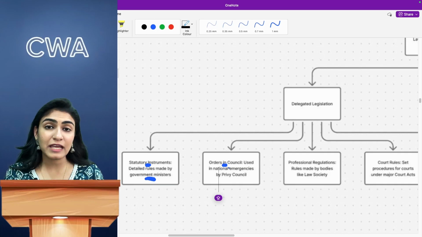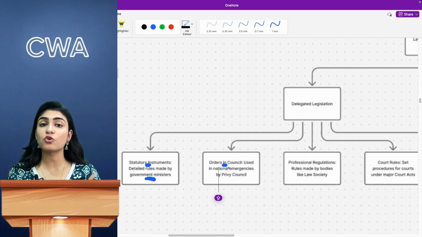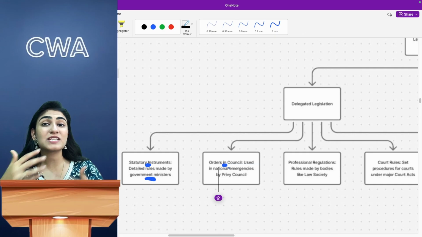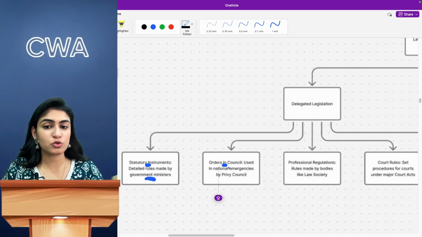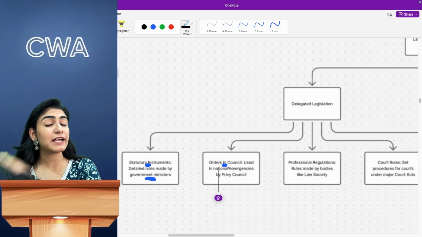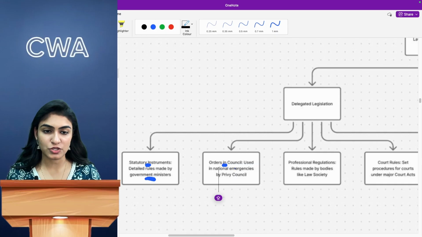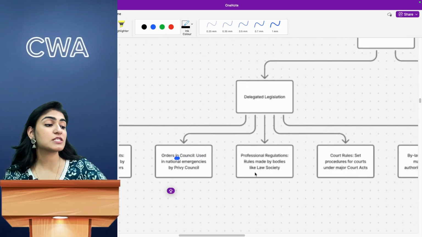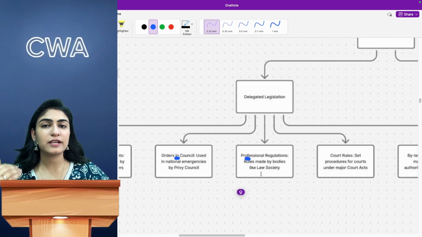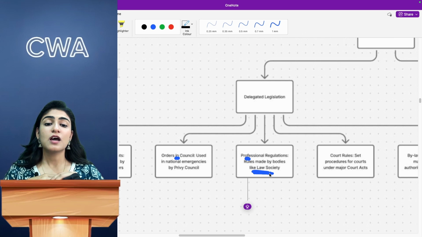So how did that come into the picture? How did such rules roll out so drastically and so fast that they were implemented in a day's time or so? Because there was a separate set of people who had already been selected, as always, who make law in case of emergency situations. Professional regulations usually make rules and regulations for professional societies, like